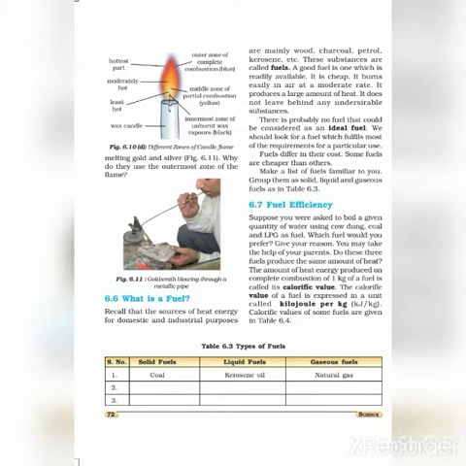Third is the outermost zone. This zone appears blue in color. As sufficient oxygen is present, complete combustion takes place here, so the flame appears blue in color. Also, it does not produce much light, so it is called the non-luminous zone. Temperature here is very high, it is the hottest part of the flame. So it is mostly used by goldsmiths to melt gold and silver for making ornaments. They always require the hottest part of the flame to melt all these materials.